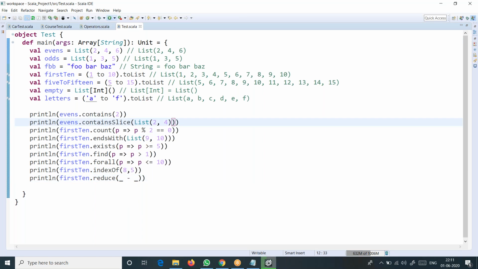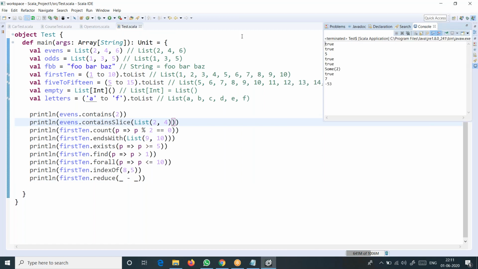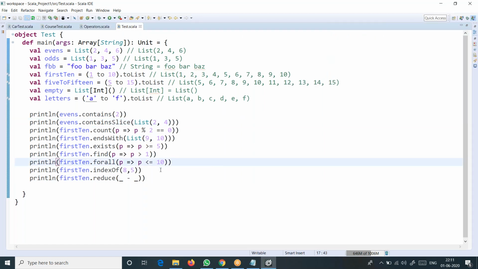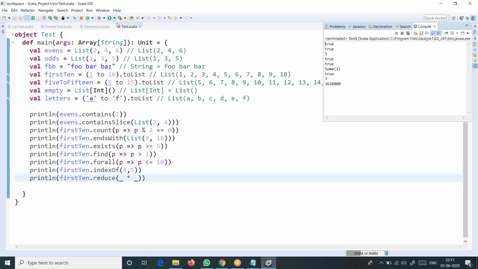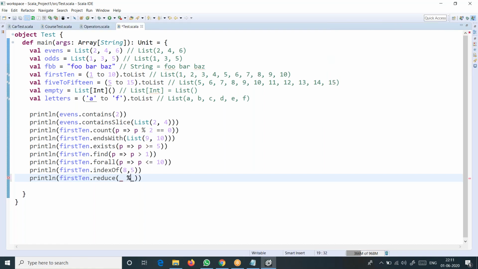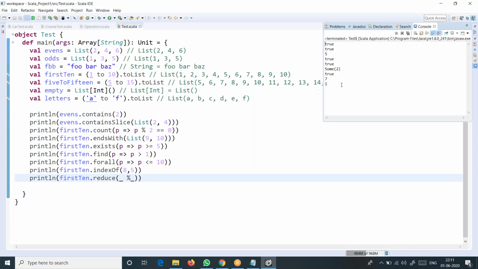Curious case of Manohar here, that's all. Yes, you got some minus 53. Okay, again I want to apply into, that is also a reduction. Okay, you got something there. That will be a perfect output. We don't need to worry about it. Machine doesn't lie. So apply percentile. Let's see what happens. You got some 1 here finally.